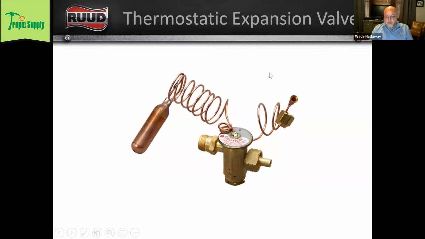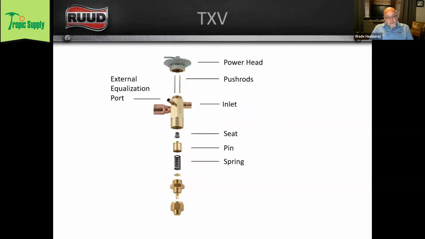And the breakdown of this valve is, all the valves that we use are set at the factory. We don't use any adjustable valves. An adjustable expansion valve is pretty common, say on the refrigeration side of things. You can buy expansion valves that will allow you to adjust the superheat, which is sort of what this pin down here does. But overall, for your expansion valve, you've got a power head, which, let me go back to the previous